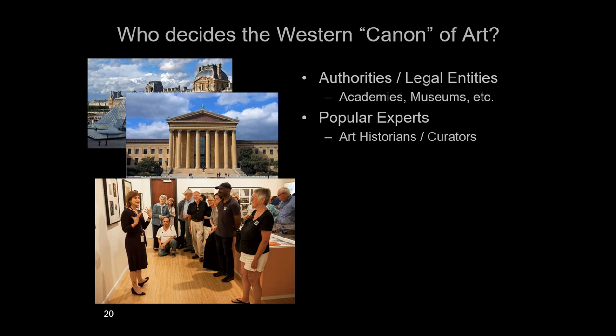She got forgotten for about 20, 30 years until a bunch of art historians said, hey, wait a minute. She was there. She was playing with the big boys. She was holding her own and producing really serious work. She deserves to be revitalized. So she gets revitalized. So she comes back. So art historians can play an important part. So if there's some